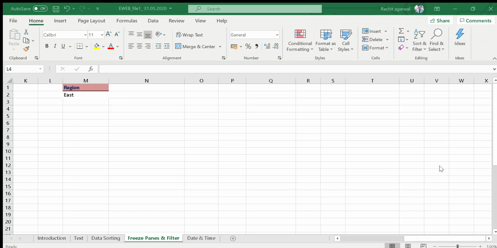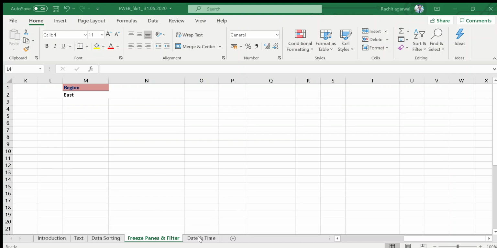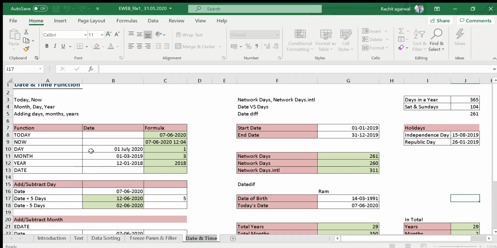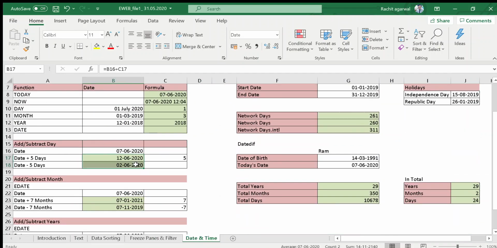Renu is asking to kindly repeat add and subtract. Okay. Add and subtract the date. So now if you want to add to the date, simply decide the criteria.